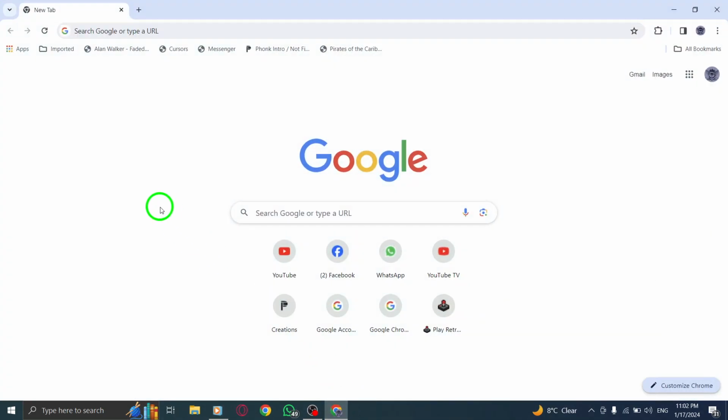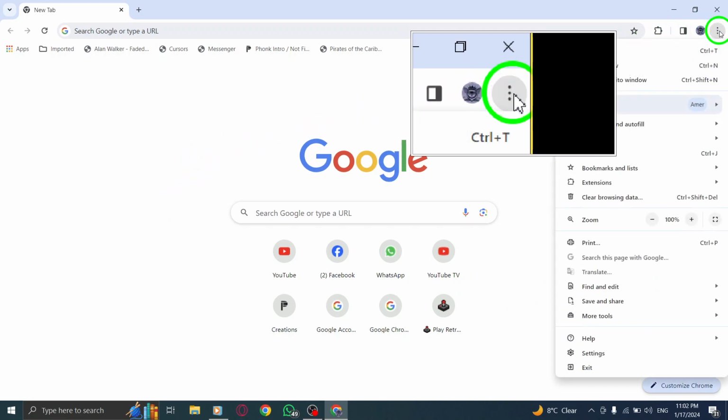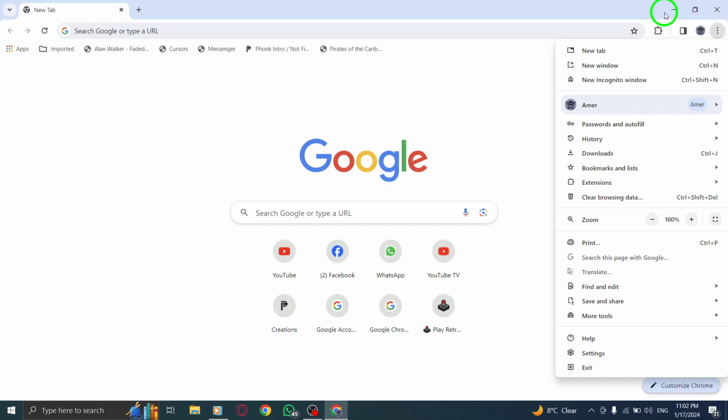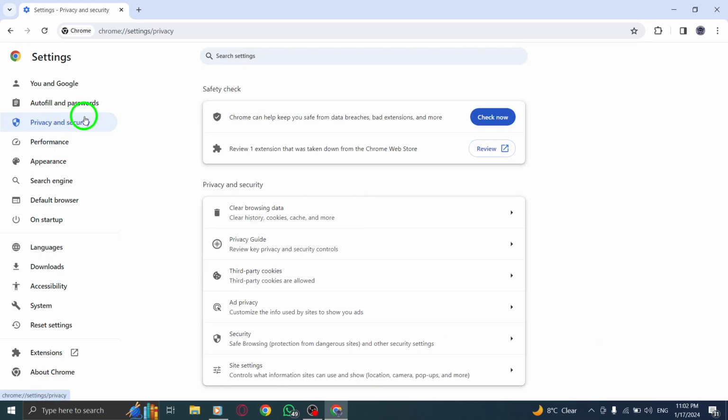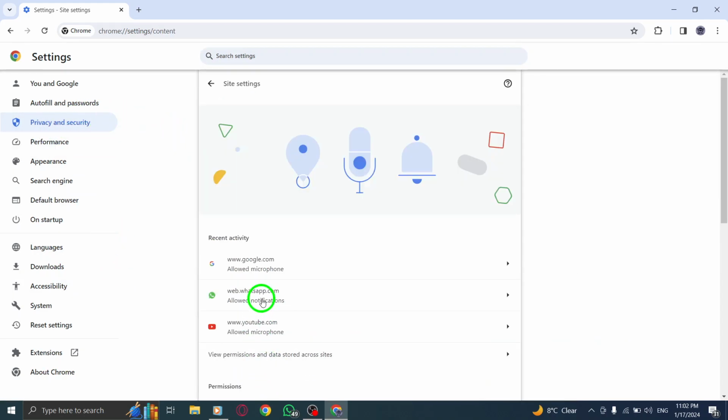Step 1. Open Chrome on your computer. Step 2. At the top right corner, click on the three dots icon, then select Settings from the drop-down menu. Step 3. In the Settings page, click on Privacy and Security, then select Site Settings, and finally choose Pop-ups and